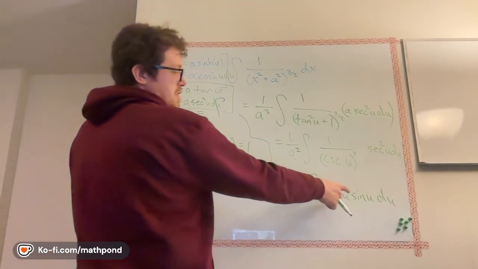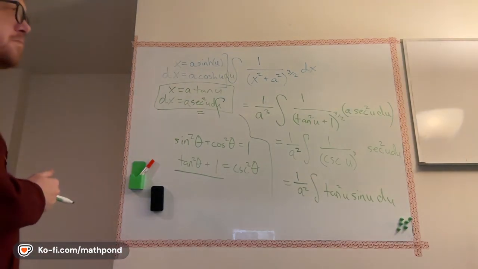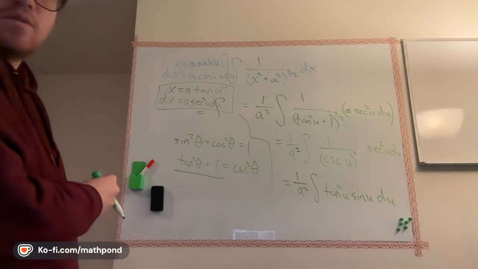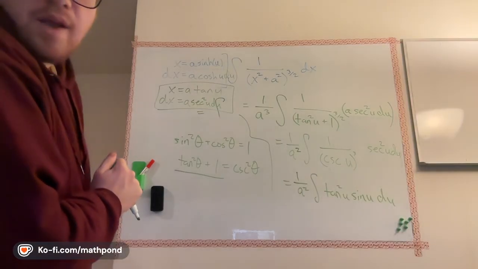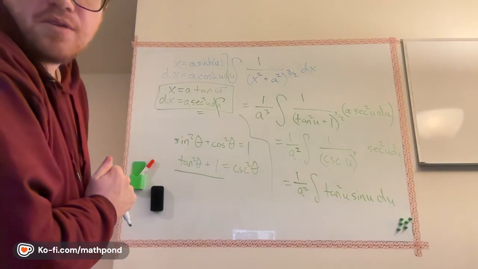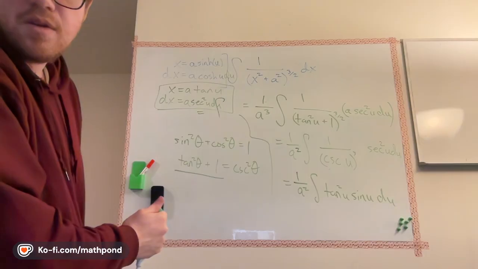Yeah, it's just tan squared sine u. So he just got a to the negative 2 times sine of u plus c, but